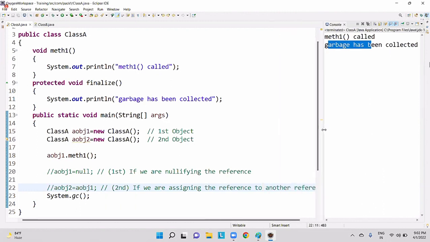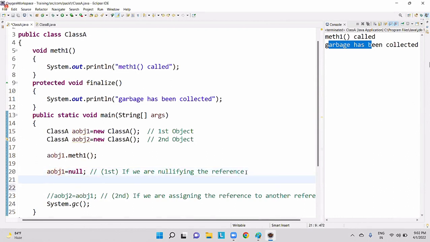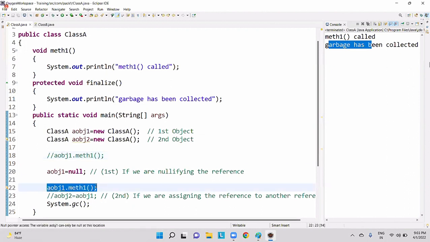Simple doubt. For example, right now, please observe here, guys. AOBJ1 dot method 1. Instead of writing here, if I write AOBJ1 dot method 1, am I going to get my output?